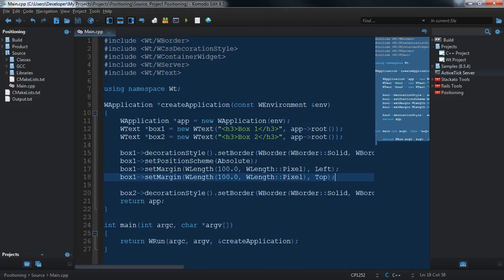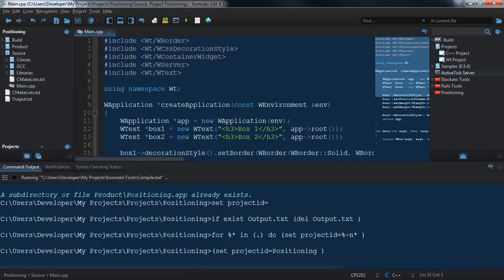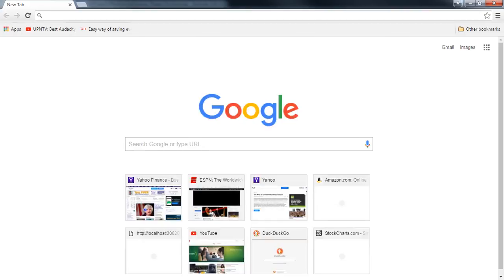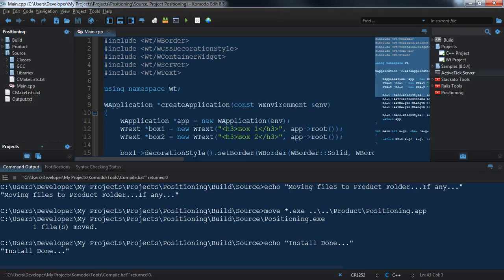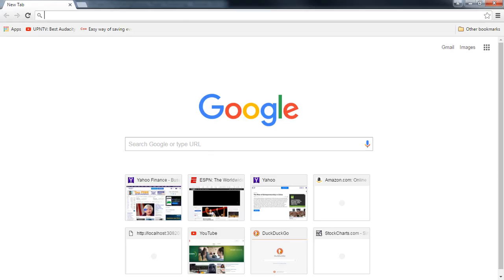So if we go ahead and just run this, I'm not going to do the second one quite yet. Let's go ahead and just compile this so you can see what it looks like on the browser. And remember, it's nothing but a widget. Get my browser window up. Okay, it's been compiled. Let's run the server. And if we go to localhost,